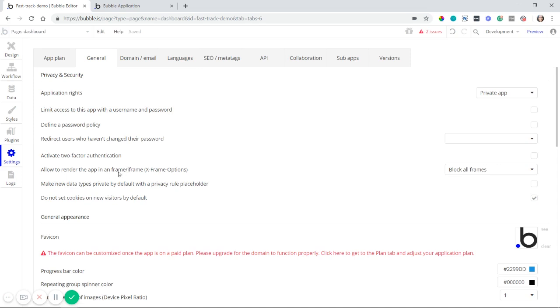You can prevent your application from being embedded in other websites. It's actually very easy to embed a website within a website with a simple line of HTML code. So you can prevent this from happening by changing the settings here. If you block all frames, then it means that no website can embed your application. If you allow with same origin, then that means only